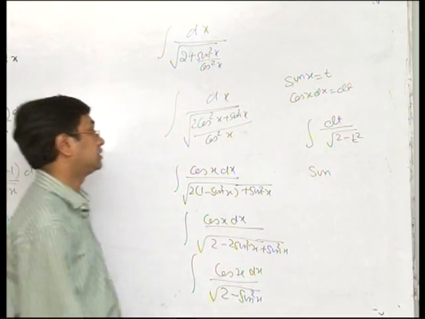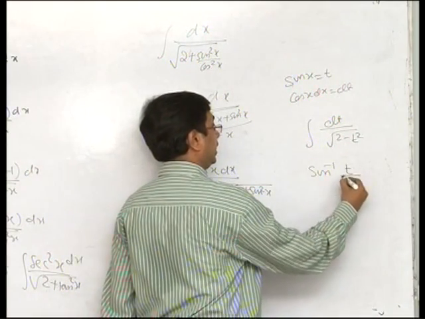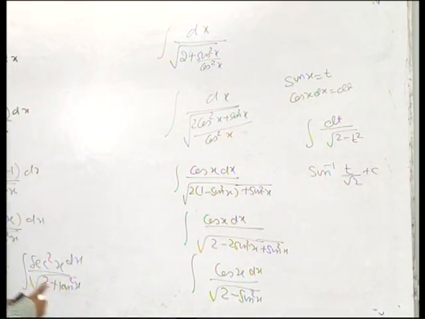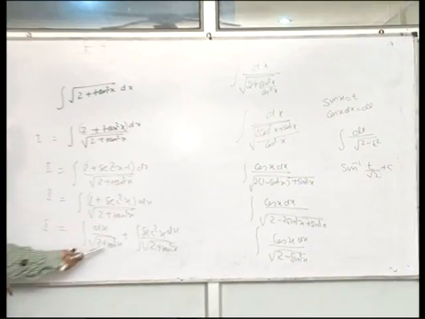So what is a square minus t square? Sine inverse t by root 2 plus c. And t is what? Sin x, so that can be substituted. And as far as this was concerned,